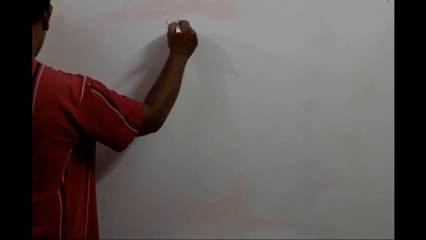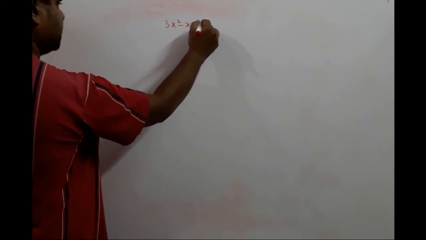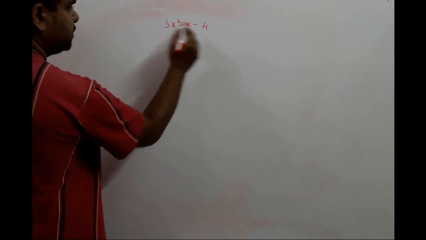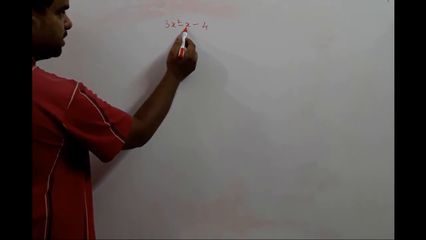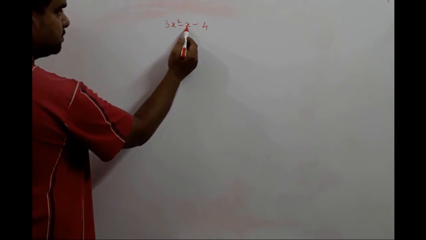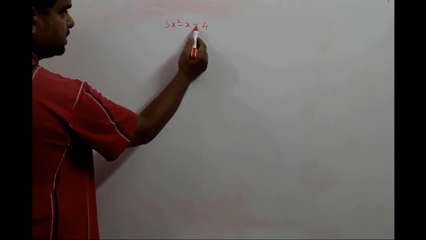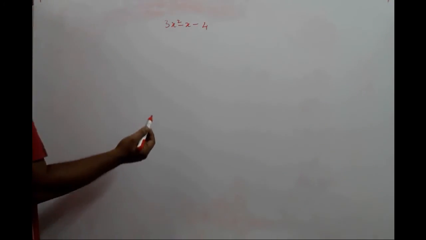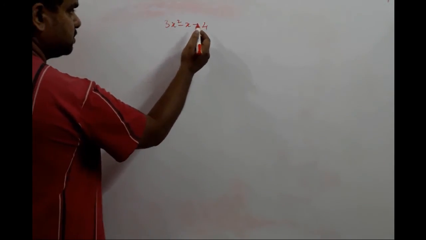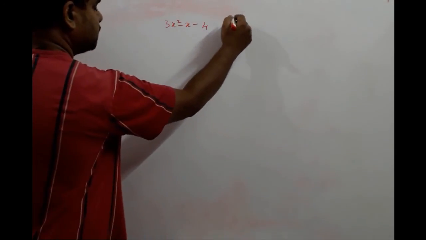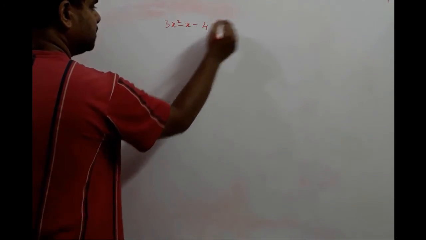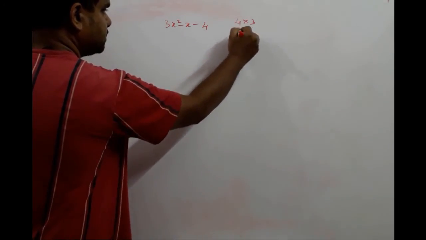Coming to the last problem of this video and this exercise of verifying, take the next one, 3x square minus x minus 4. Okay, so 4 into 3 is 12, and the difference between the two has to come 1, and not only 1, it has to be minus 1. So this tells you the sign of the greater number should be negative, and this minus sign over here tells you that the product of the first and the last term should also be minus. So we'll see how we get 12 when the difference should be 1. There are only two choices, 4 into 3 and 3 into 4.